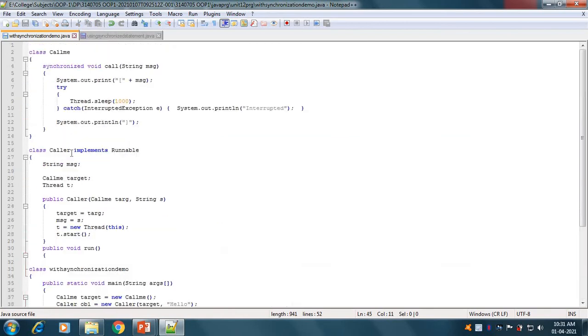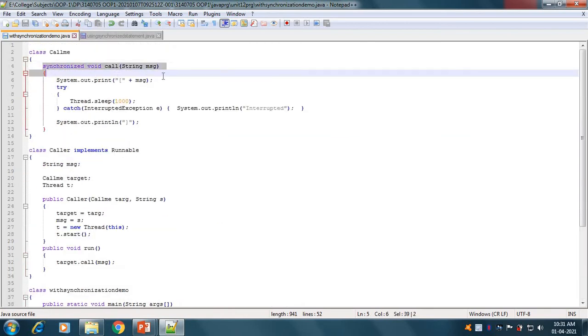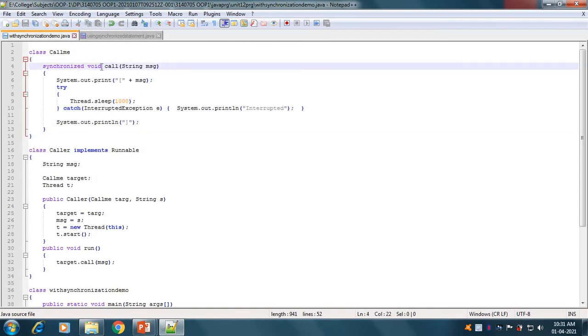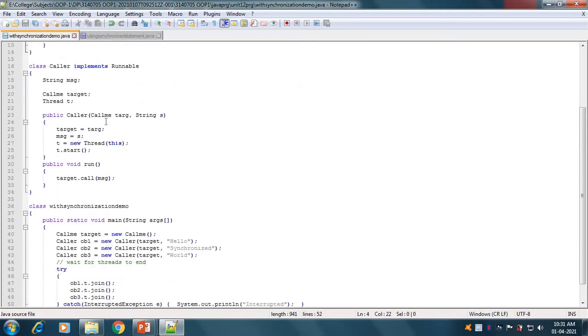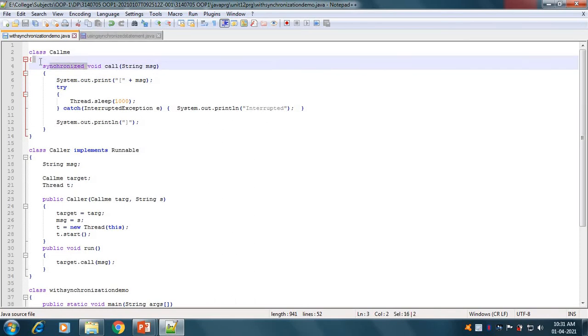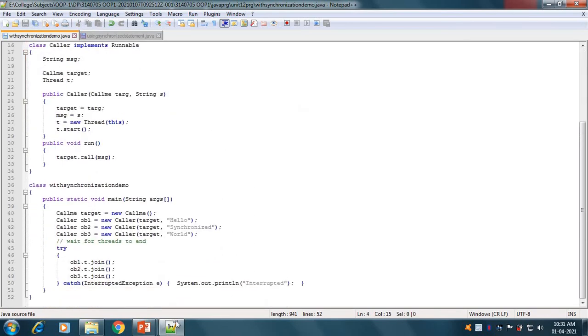That is the synchronized one. So if they are synchronized, it will complete its execution first and then it will allocate the resource to the other object. Okay, so this is the first method, the synchronized method. We have to write the synchronized keyword before the method. So this is the first method.